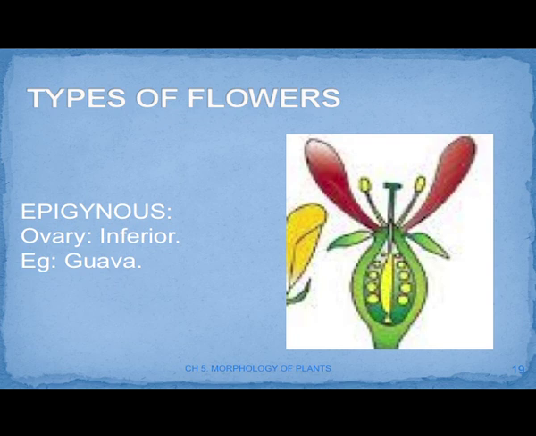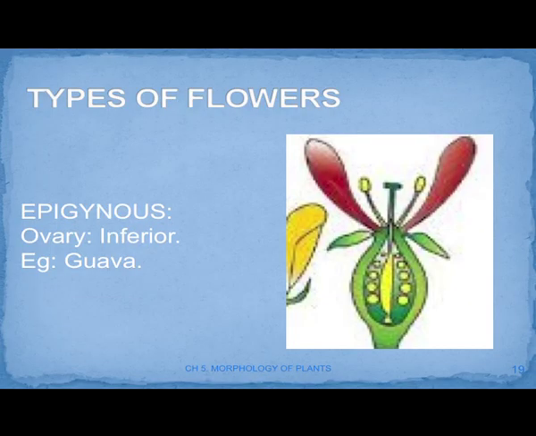So, here the ovary is completely enclosed by the thalamus and the rest of the structures are growing up from here. They are arising from the rim of the thalamus, so that the ovary is inferior and the flower is said to be epigynous. Now, example is guava,